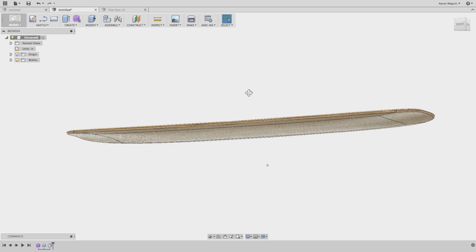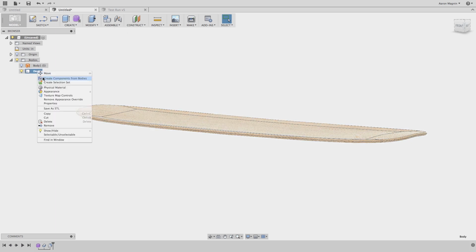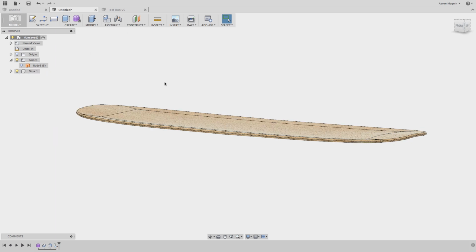The trucks themselves I'm going to actually insert from another design, but one thing I want to do, and this is actually something that I should have done from the beginning, is I want to assign this body a name. I'm going to call it deck, and I'm going to turn it into a component. The components is really the way that you're going to share your parts with other designs, and it's good to create your component from the get-go using rule number 1. I'll right click, I'll create a component from this body,